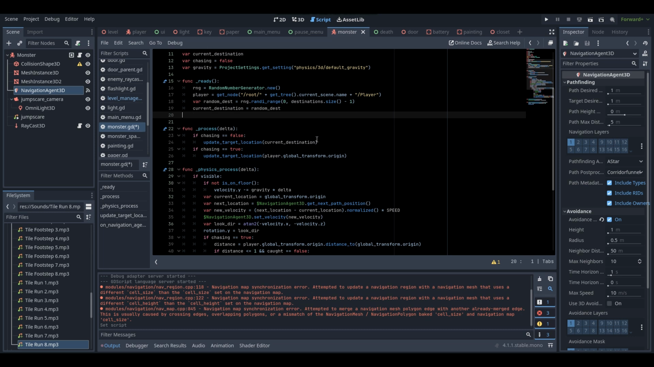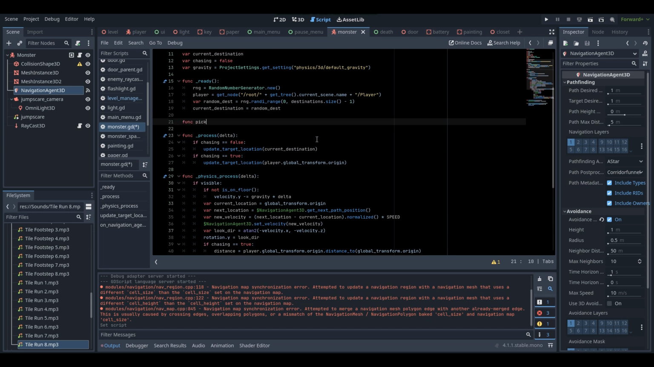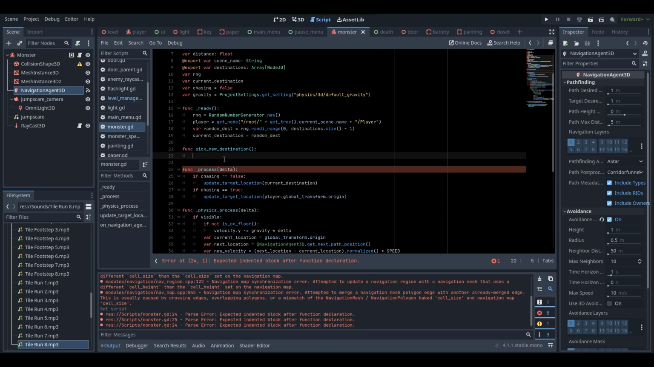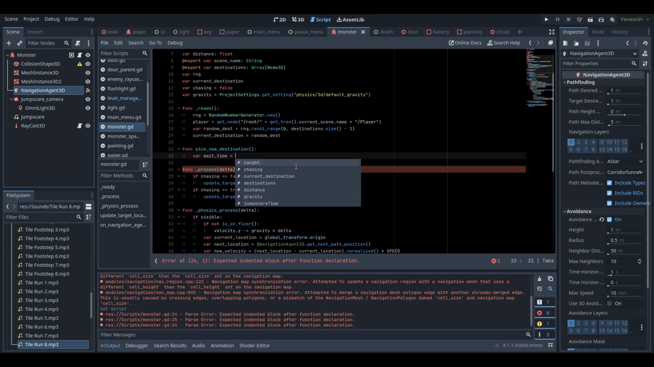So let's create a new function. We will call this pick new destination. So when our AI reaches a random destination that it's patrolling to, this pick new destination function will happen. And what's going to happen at first is, first off, the AI will go idle. Then after a random number of seconds of being idle, they will then pick a new destination. So what we're going to do to start off here is go var wait_time. Then we're going to go equals